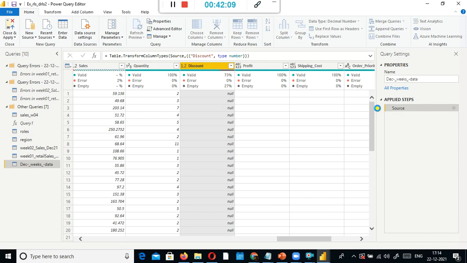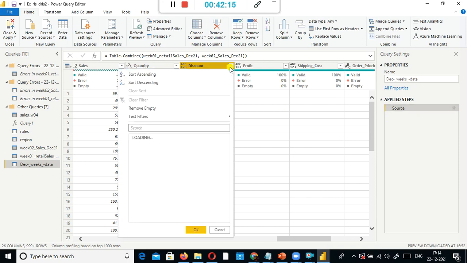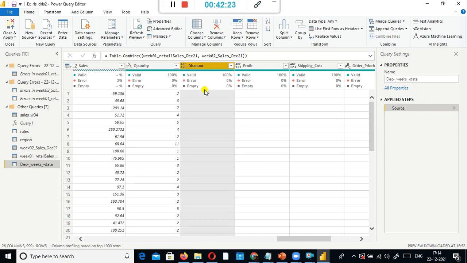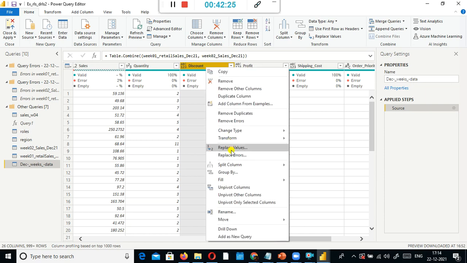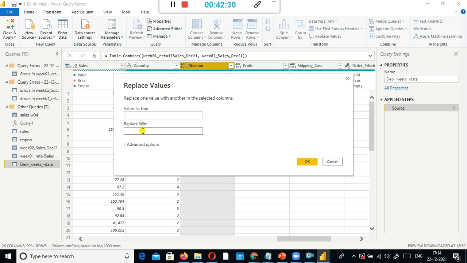Then something is wrong. What we will do is we will just take a look at the data that got stored here, and we have some blank values. We have some blank values. What I am going to do is replace the blank values by 0.